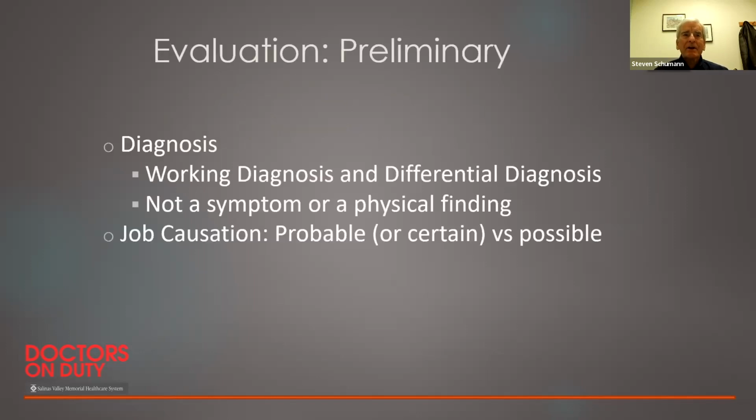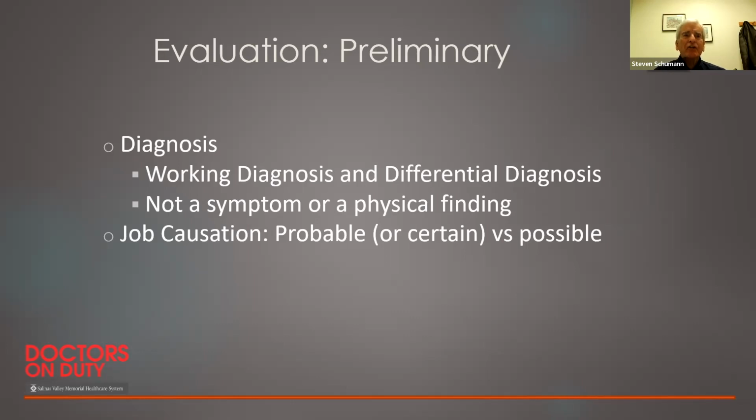Well, again, it's a matter of coming up with a working diagnosis and differential diagnosis. We're thinking about, to start with, a symptom because that's what the patient's telling us, or a physical finding. In the case of, for example, trigger finger, my finger catches, I can't extend it. But quickly, we want to come up to what we think a working diagnosis is. And relatively early in the history, we should be able to surmise what that would be.